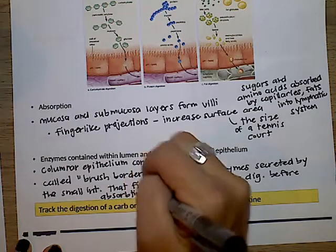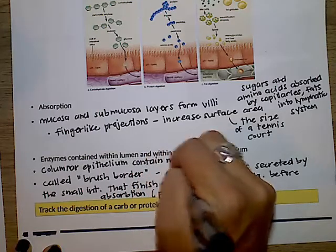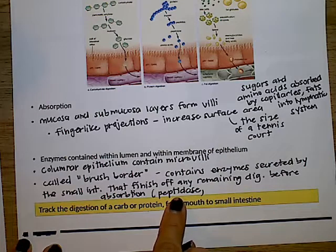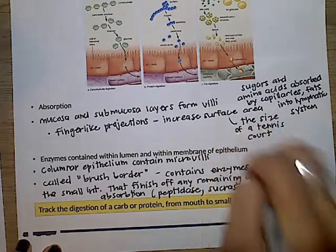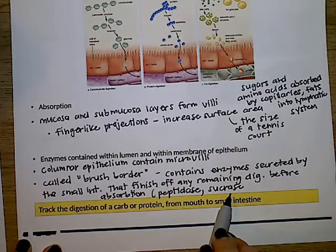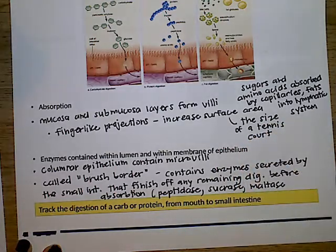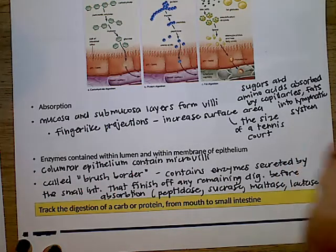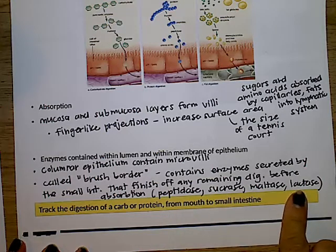And some of these are peptidase. We know it's an enzyme because it ends in -ase. Since it starts with peptide, it probably breaks down peptides. Sucrase, you guessed it, breaks down sucrose. Maltase breaks down maltose. And lactase breaks down lactose. So again, I believe these are all disaccharides, and it's going to break them into monosaccharides so they can be